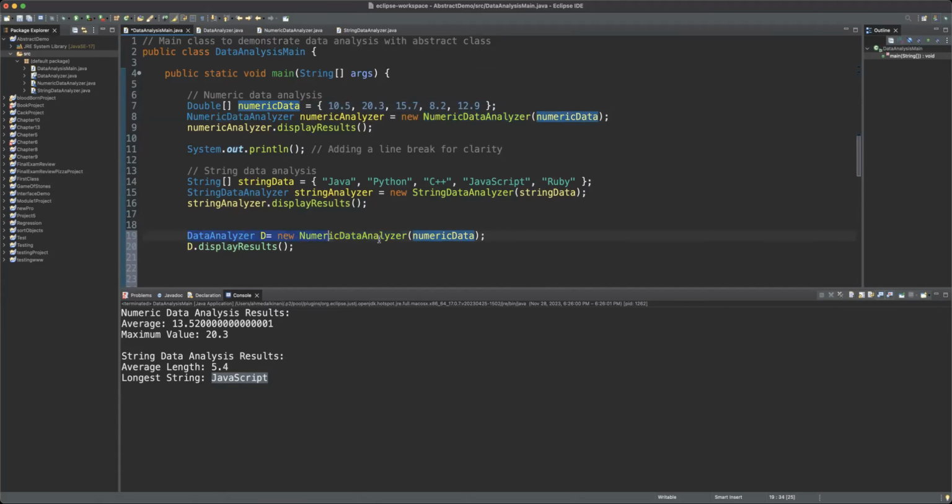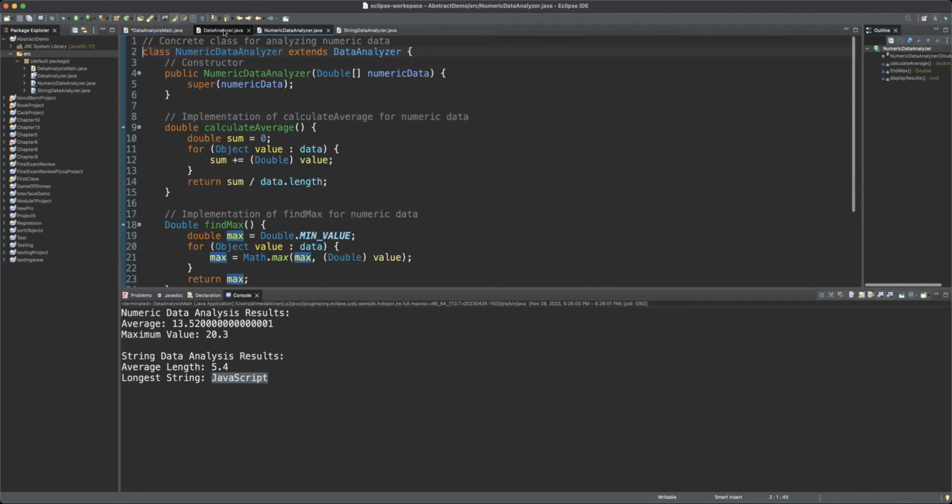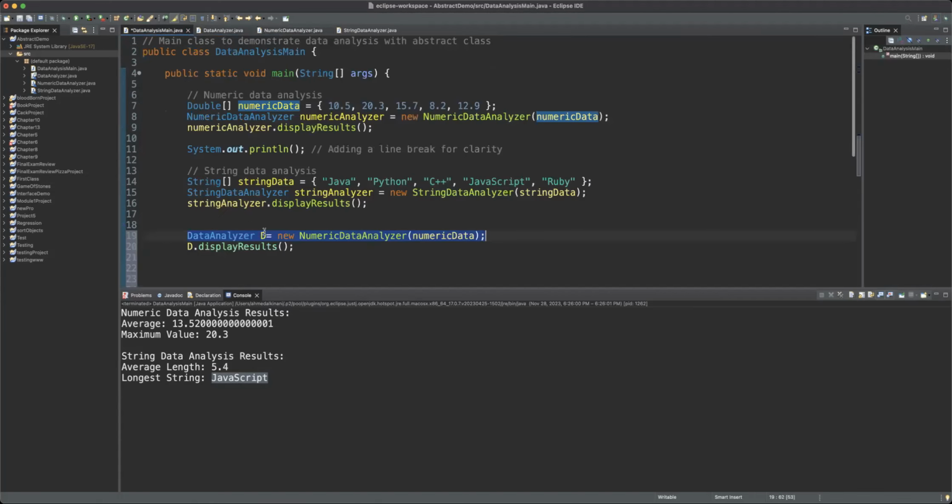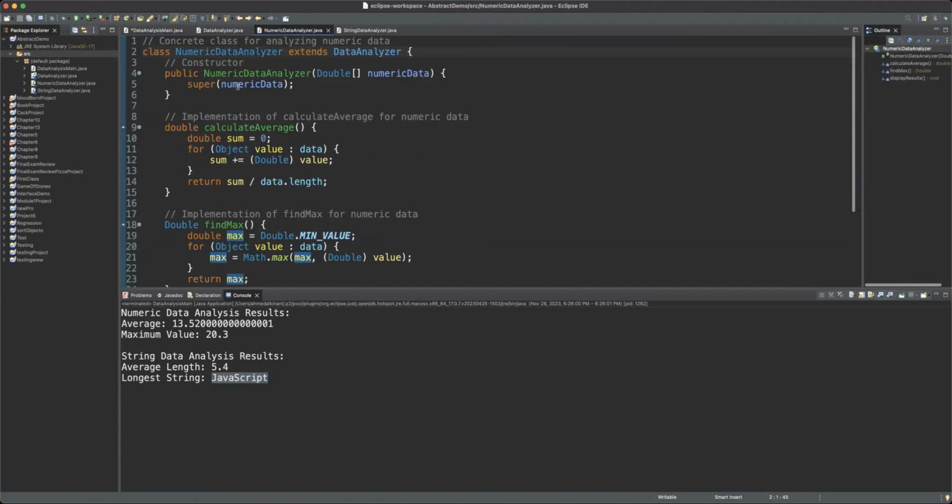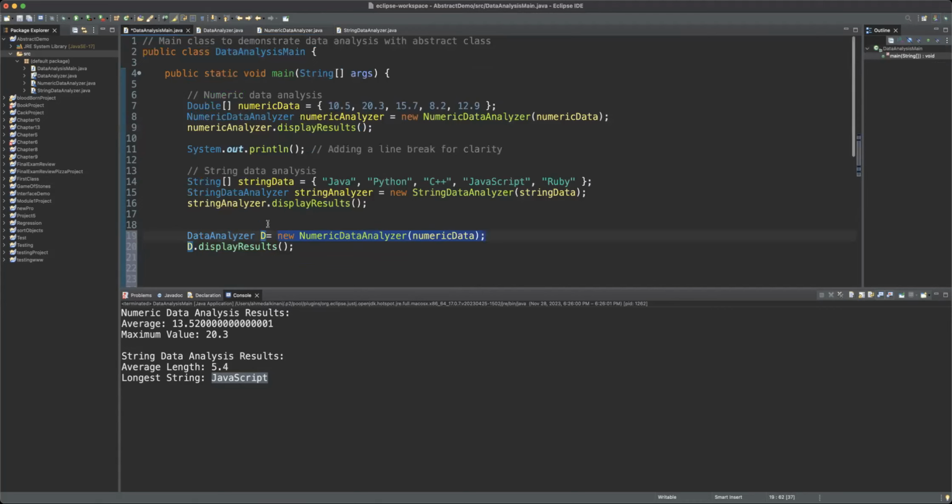Okay, so this is totally acceptable when you have an abstract class and another class that inherits from the abstract class. What you can do is start by creating the object of the data analyzer D, but the content of that class is simply an object that belongs to the subclass, numeric data analyzer. So I want you to focus on D. If you look at D, despite what you see here, what would you classify D as? It's a data analyzer object,